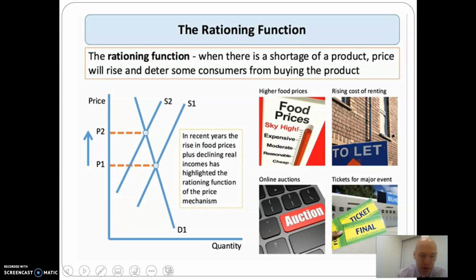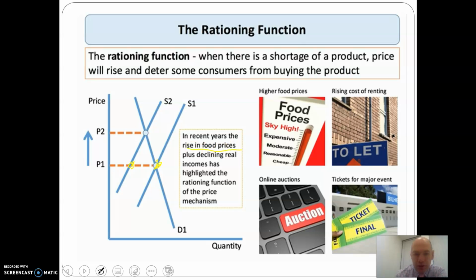Okay, see if I can just highlight this for you. So initially that's where demand and supply are, but when supply falls, look at the gap. And as a result of that gap, there is excess demand, and that's going to drive prices higher. Okay, so in terms of this,